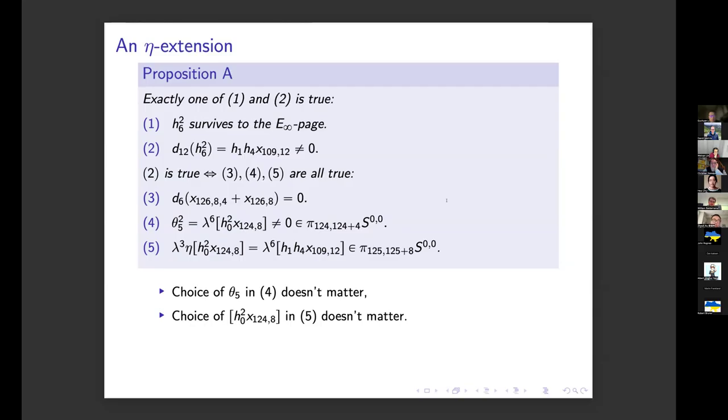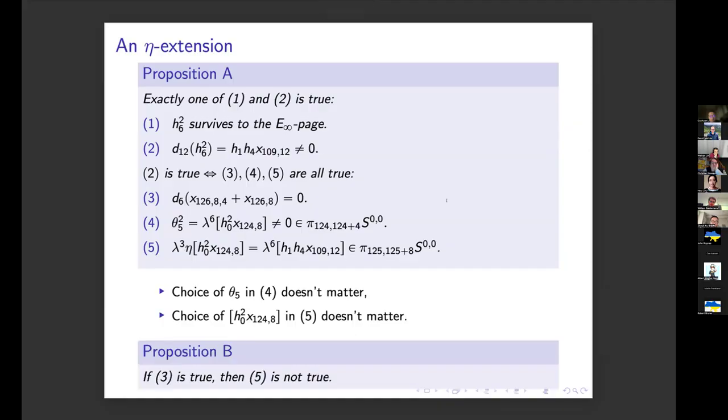So I will conclude the proof of proposition A by proving the following proposition B. Namely, all I need is to show that one of the 3, 4, and 5 is not true, and therefore ruling out this non-zero D12 differential and conclude that H6 square survives. Since I do not know whether or not 3 is true, I'm assuming it is always true. Under that condition, I'm proving that this eta extension cannot happen, and therefore proving that theta 6 exists. So in the rest of this talk, I'm going to sketch the proof of why this eta extension